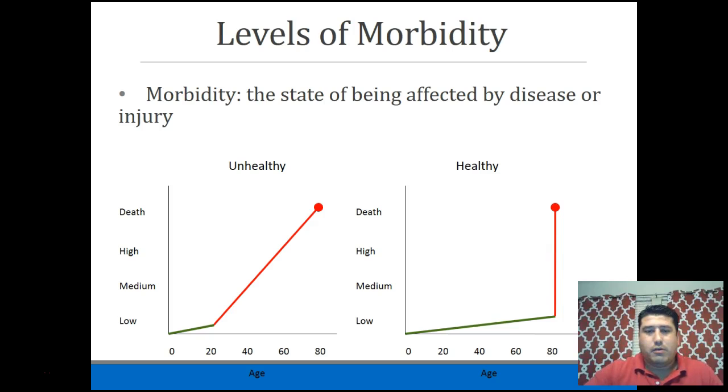Okay, so you can see that on both charts, you start with a low level of morbidity and you end with death. Okay, and also in both charts, death occurs at 80 years of age. Hopefully you guys can see that. So death occurs at 80 years of age. So in both charts, we're looking at someone who survived from 0 to 80 years of age, one who lived an unhealthy life, and the other one who lived a healthy life. Okay, so going back to the example I just gave,